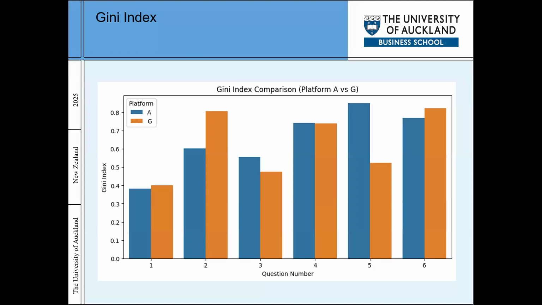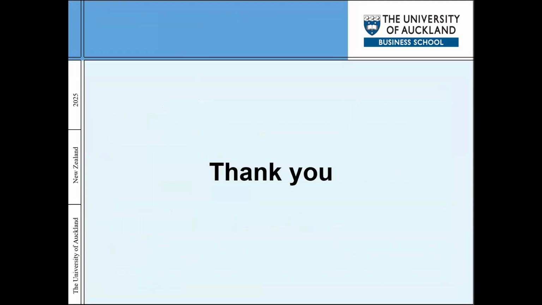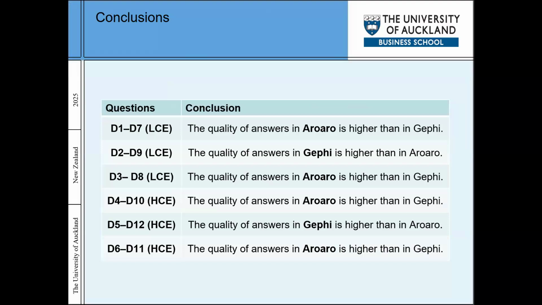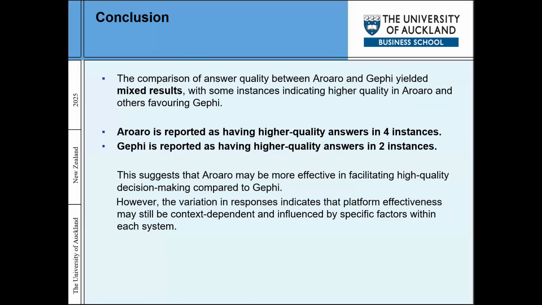One last question from my side. I'm just trying to map from the very onset, like Fernando, you mentioned that you're looking at the comparison and seeing whether there is improved decision making. Since you mentioned this is a work in progress, based on the results that you have so far, would you answer that broad question at this point in time, or would you wait for more analysis? Because based on the final results that we've seen, on 4 instances, RO had provided better quality results as compared to Gephi.